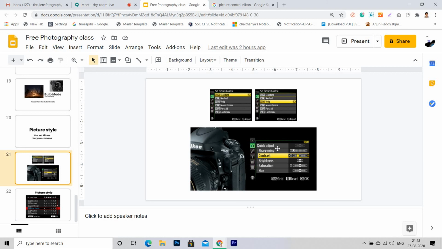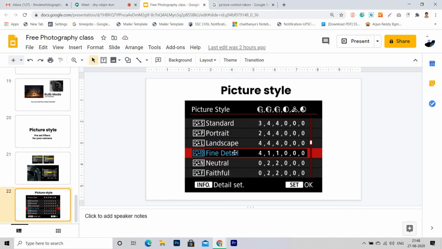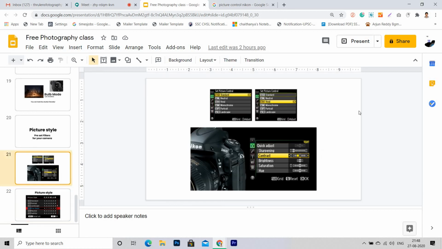For example, you are taking a picture but the detailing is not coming, like sharpness, like a person's skin tone, the person's skin. If you are trying to take a photo of a person who is wearing makeup, obviously people will expect some detailing in the picture. So if you increase sharpness here, say this S is there, right? That is sharpness only. If you increase that, automatically the sharpness of the picture will come out very good.